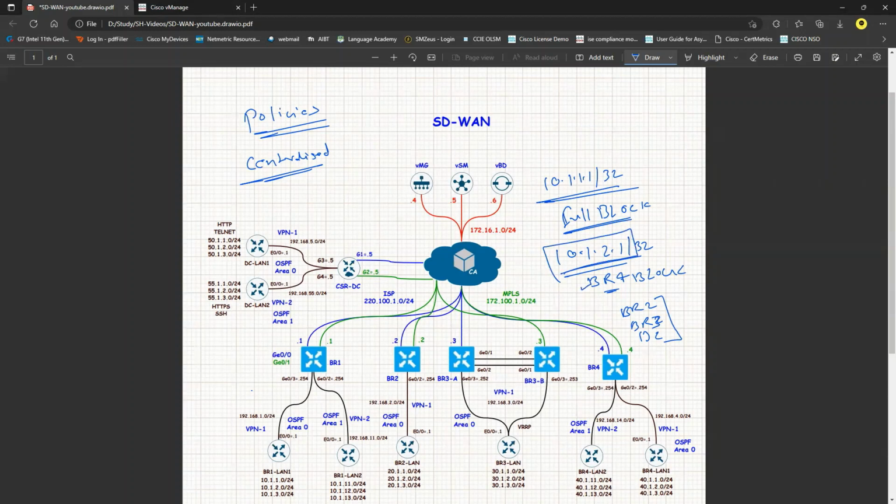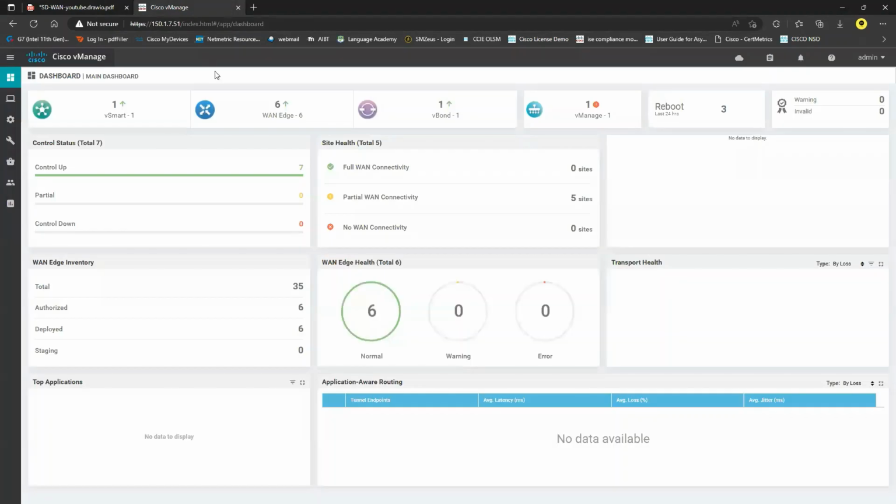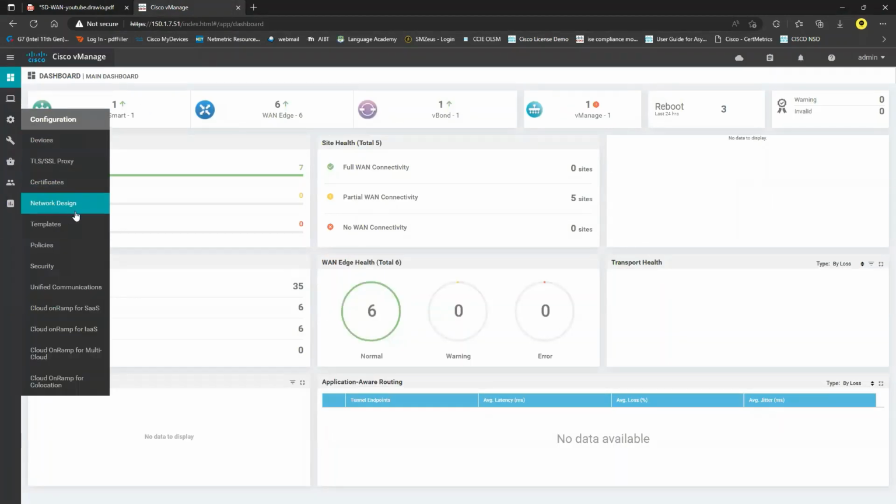Now, while configuring the policy, we need to keep in mind that we have something called a list. A list is nothing but a feature itself, where you are creating some objects. The object can be the prefix list, maybe the data prefix list. The list can also consist of the VPNs, sites, color, SLAs. So if I go back to my vManage,